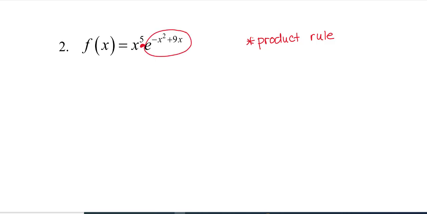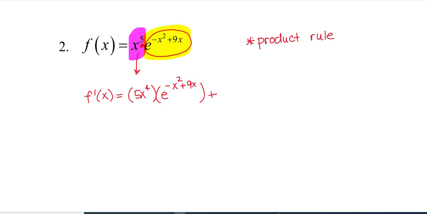I can see once I get to needing to apply the derivative of e to the negative x squared plus 9x, I'm going to certainly have to use the exponential derivative for e to the u, which will include chain rule, so times that du. So again, I will highlight these. Here's my function 1, here's my function 2, that's giving me product rule. So I will do the order in which I see them. So I will do the derivative of x to the 5th first, that is 5x to the 4th, and I'm going to leave this e to the negative x squared plus 9x alone.